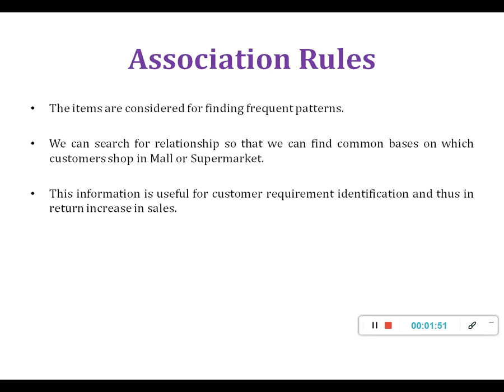For example, we have taken the example of bread and butter. Those who are buying bread are likely to buy butter, or if someone is buying milk, then they are likely to buy bread. These relationships make it very easy for the owner of a shop to find out the behavior of customers while they are shopping. And if we put strongly related items near each other, then ultimately it is going to benefit that particular shopper.